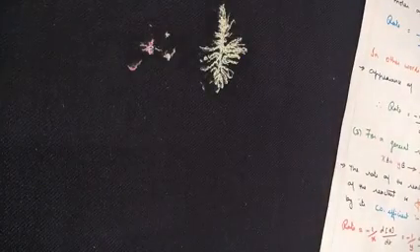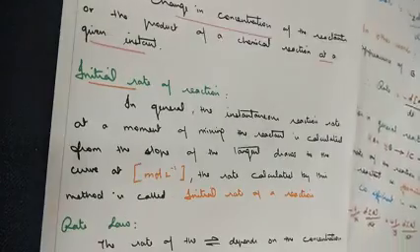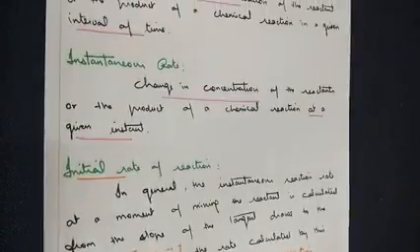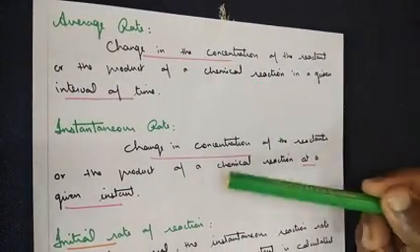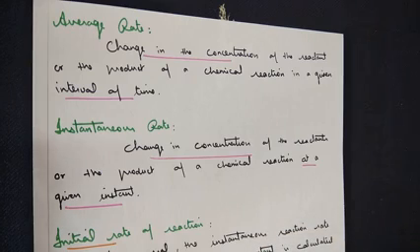Moving on to certain important definitions involved in this chapter. The first one is the average rate. Based on every calculation, there are plenty of numericals, both in terms of 1 mark, that is the objective type, 2 mark question numericals, and the 5 mark category.